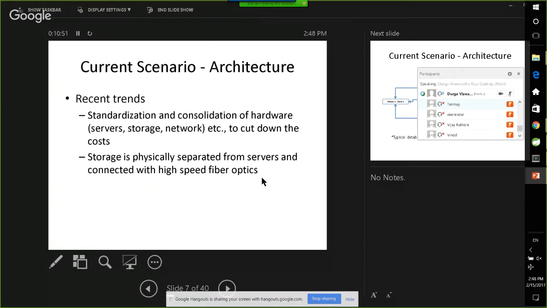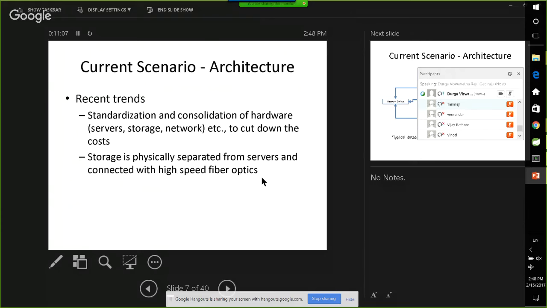Today's session will be pretty much theoretical and dry, but for senior people, it might make some sense. For freshers, it might be a little bit challenging to digest all these things, but for senior people, it will make some sense.